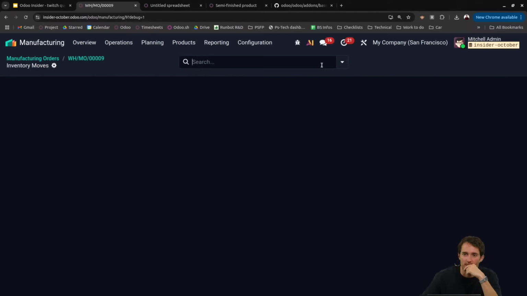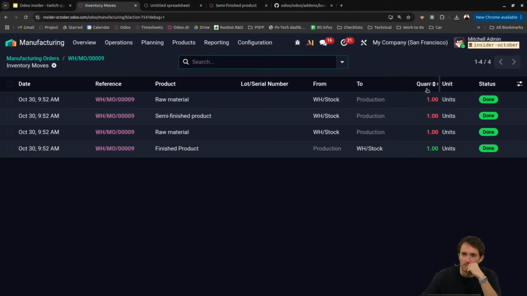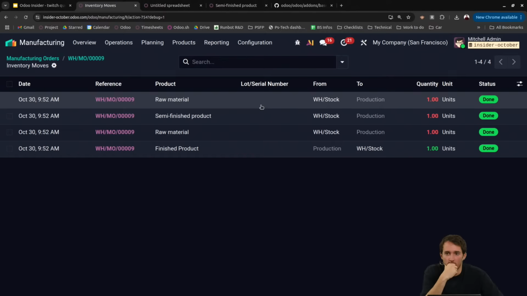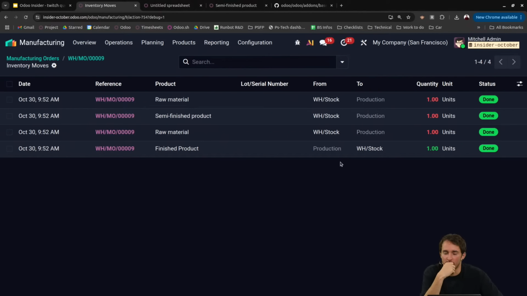If I go, yes, product moves. Okay, so here I have my quantity, and that's indeed because it goes from production, so I can make a filter on that to see all the details. And then